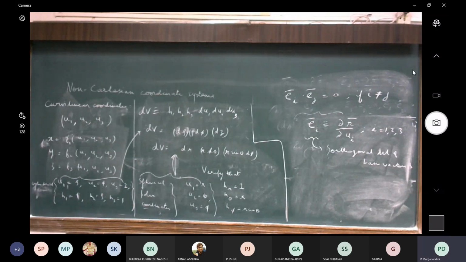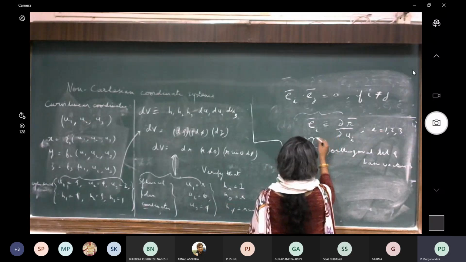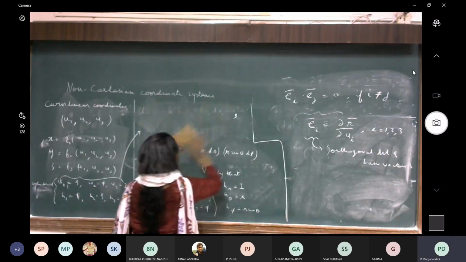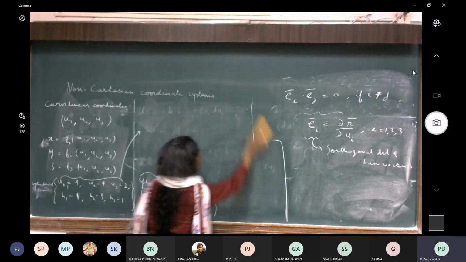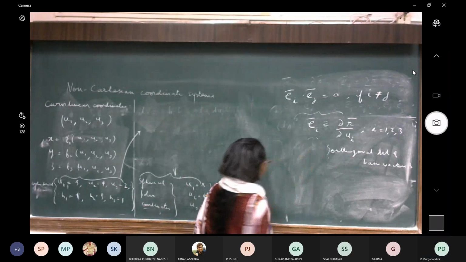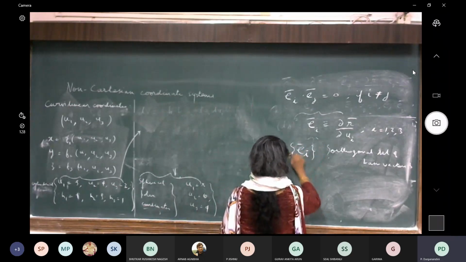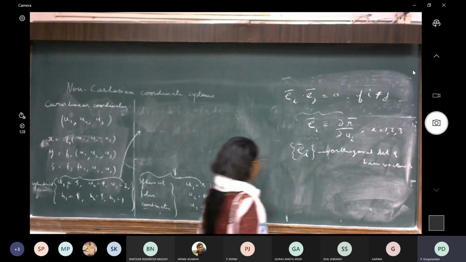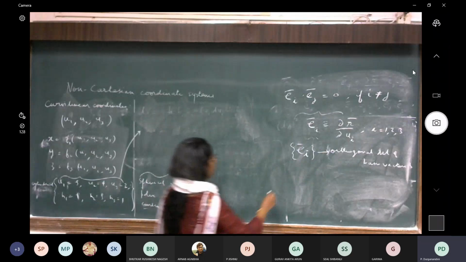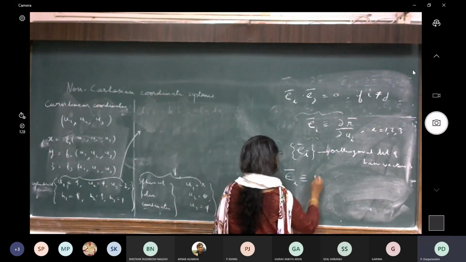But notice one thing. You can ask the question now: is this the only basis, or do I have any other basis vectors which I can use here? What you will find is that I actually have a choice of another basis set. So these e_i's certainly form a basis set because they are an orthogonal basis set of vectors for our three-dimensional space. But now let's consider this quantity. Let me define for you these quantities, epsilon_i, as equal to